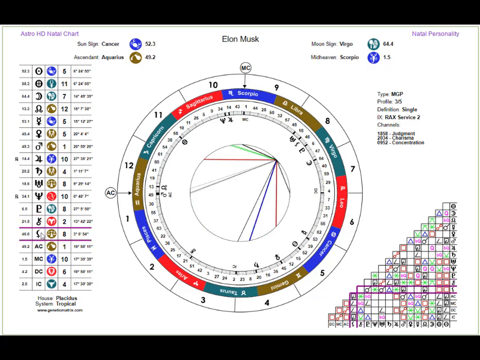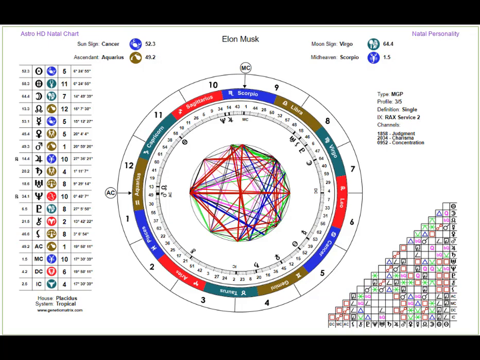On the top of the chart, because we have more room to display information relative to the natal quantum view, we've summarized the core data that astrologers tend to look at first, which is the sun sign here, top left. The zodiac sign is written there, Cancer, then the glyph for that zodiac sign, and then the sun gate and line activation in terms of human design. Below that is the ascendant, and then on the other side is the moon sign, here we have it in Virgo, and the midheaven.